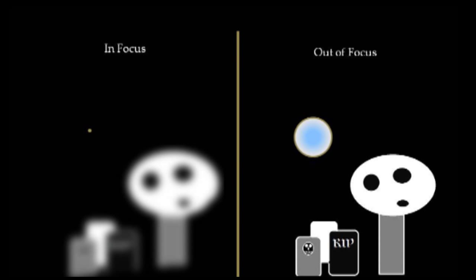If the area right in front of the camera is in focus, as we see on the left, you're going to see the blur in the distance, but you're going to see something very small right in front of the camera. Sometimes that's so small that you can't even see it in the camera. But if you look on the right side here, if it's out of focus right in front of the camera and you're focusing on the end there, then you see